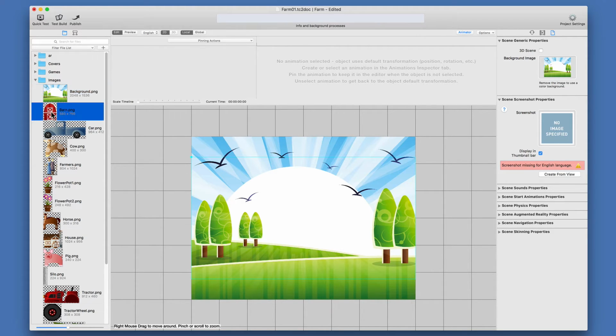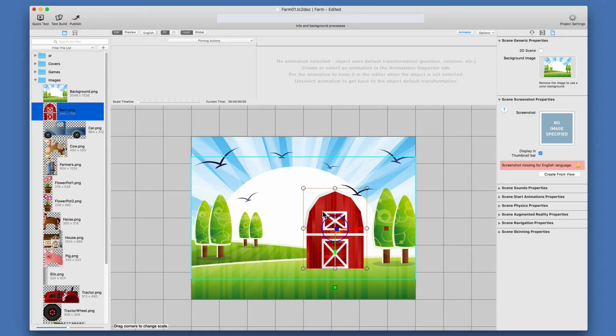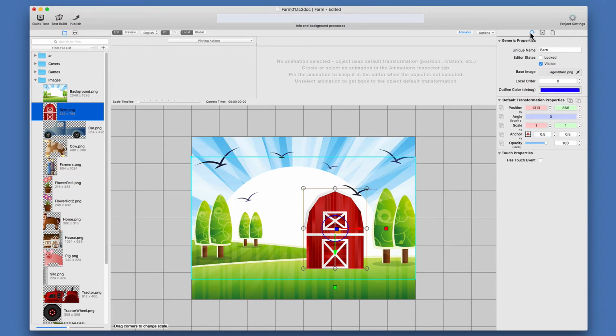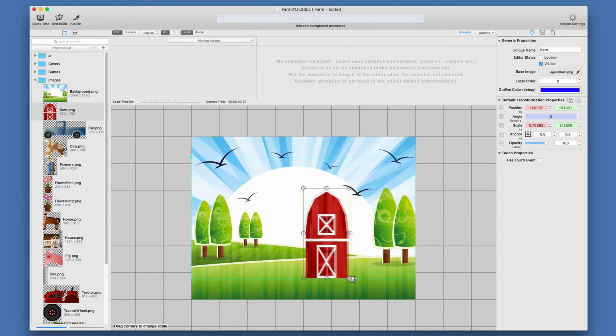Now I want to place a barn here. I click on the barn and drag it inside of the scene. Here you can find the generic properties. You see, okay, it's named barn, you can rename it of course, and it has a certain position, an angle, and a scale 1. It's a little bit too big, I just drag it here, it's like in Photoshop, and